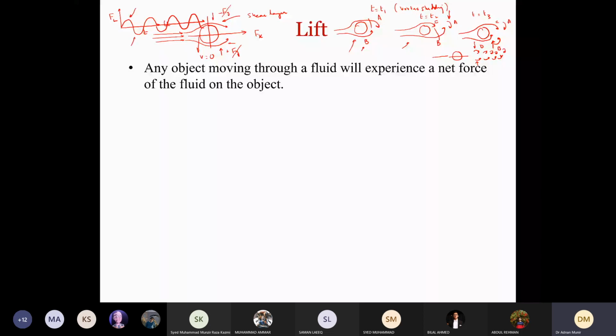Now, when I say that the lift force is zero, what does that mean? When I take the mean or average of the lift force, it will always be zero. Why will it be zero? Because the strength of the vortices shed from the top and the bottom are equal. But the instantaneous lift force F_L will not be zero. It will have a value. So the net average force acting on a circular cylinder, because of symmetry, is zero.